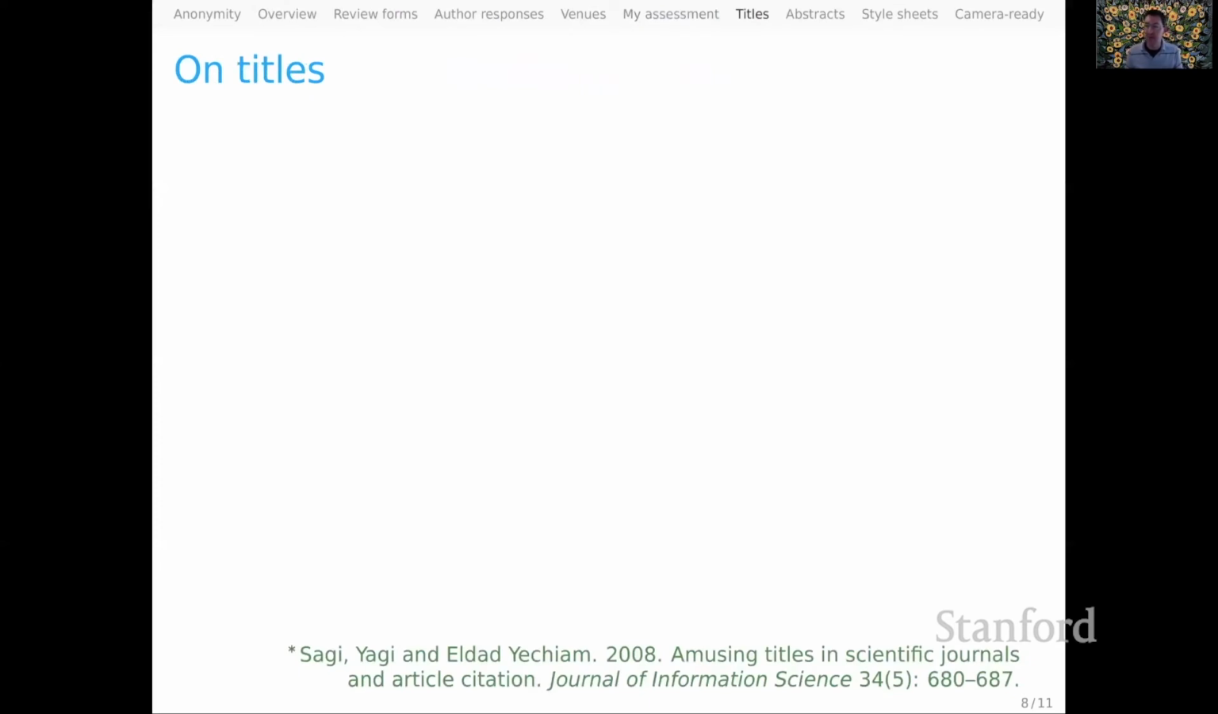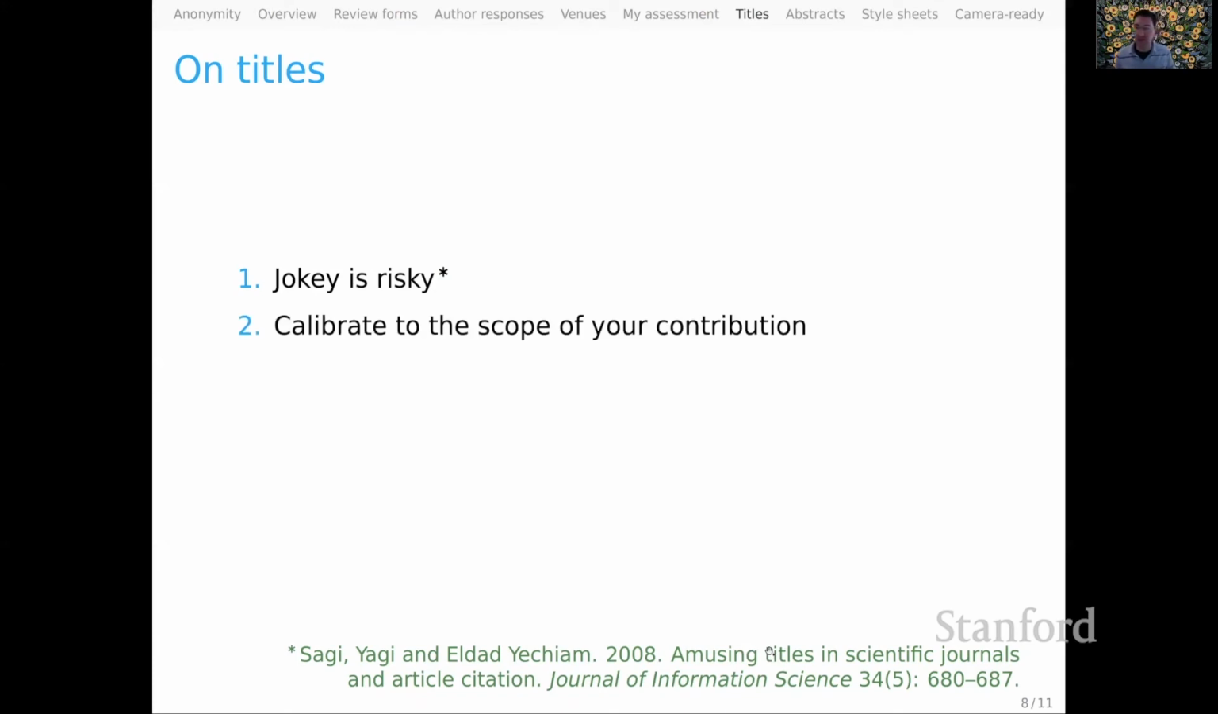Let's focus on 2 more specific topics here, starting with titles. As I said before, a title is an important ingredient in the fate of your paper in conference reviewing. Jokey titles can be risky, and I've linked to some evidence for that down here in this paper. More importantly, you might think that it's important to calibrate the scope of your contribution in your title. It's a very common complaint from reviewers that the title is an overreach, that it claims a broader spectrum of the scientific space than the paper actually delivers on,